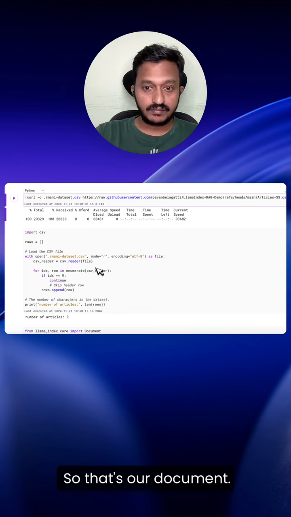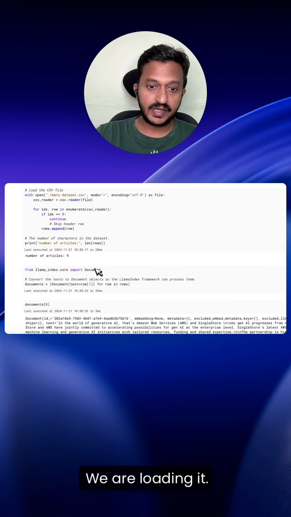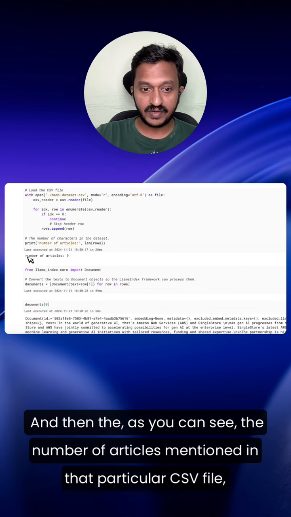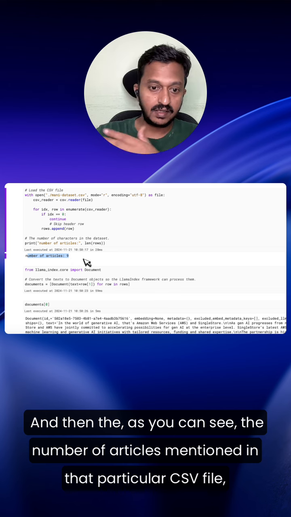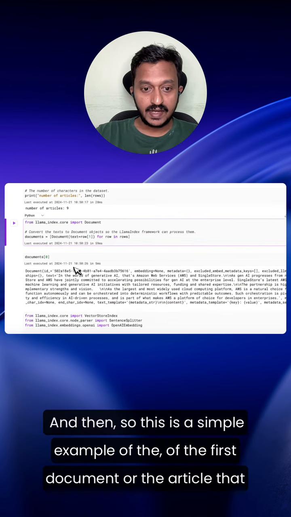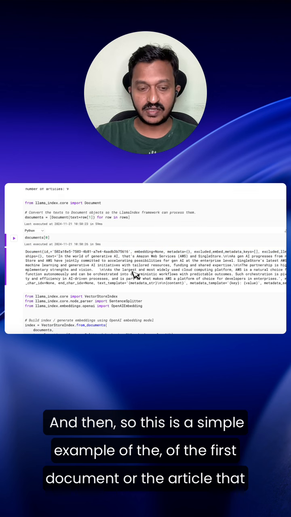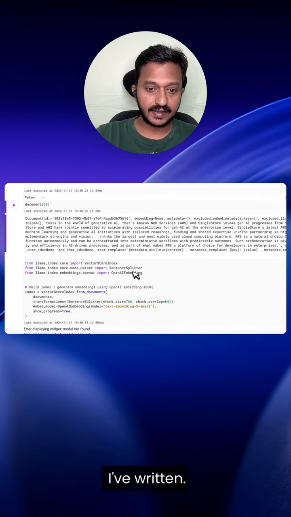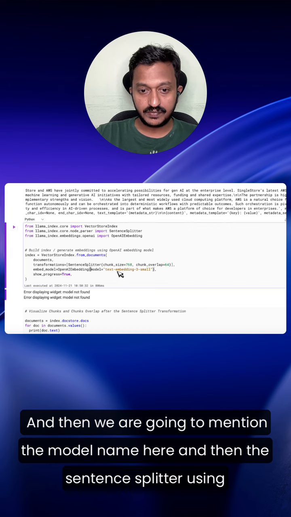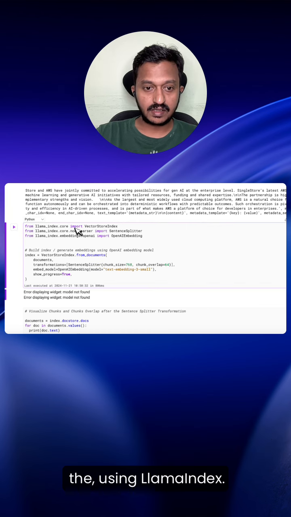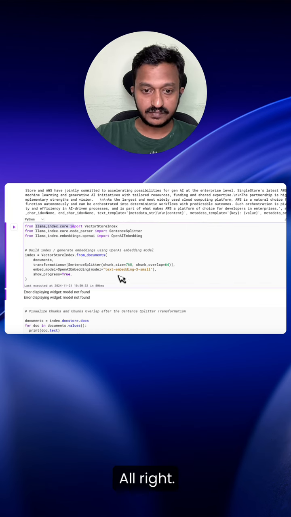So that's our document. We are loading it, and as you can see, the number of articles in that particular CSV file is 9. And this is a simple example of the first document, or the article, that I've written. Then we are going to mention the model name here, and then the sentence splitter using LlamaIndex, right, and the